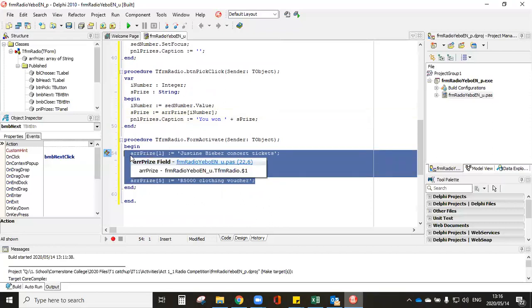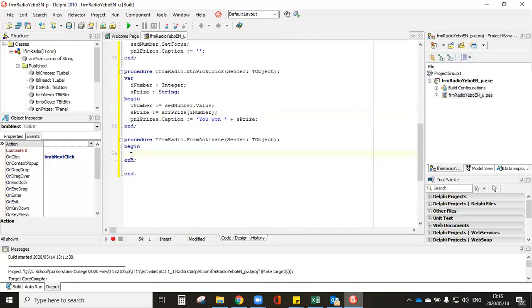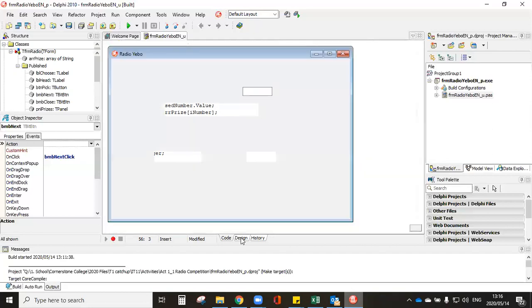So Bokang just asked a good question, why didn't I use a for loop? In this instance, I'm going to use a for loop. So in my form activate, I'm going to declare a variable I, and we'll call it integer. Then I wanted to randomize. What will now happen is as the person clicks or selects, I must go and place